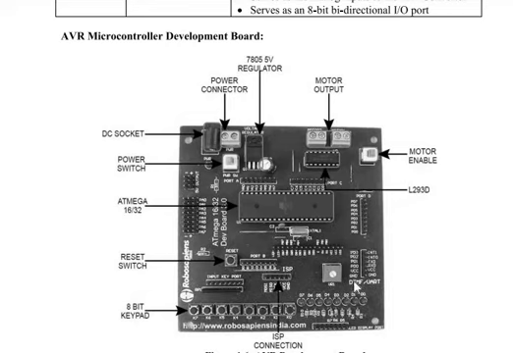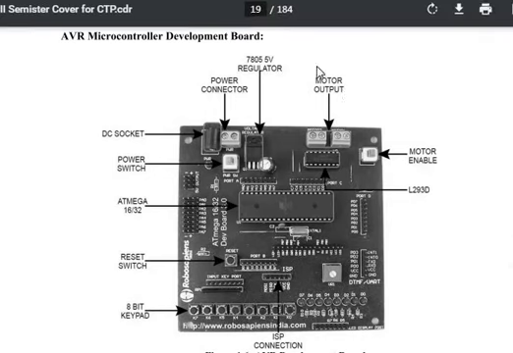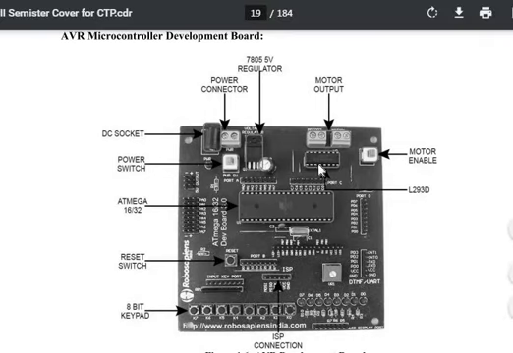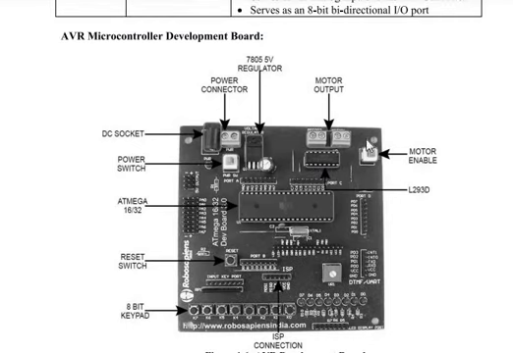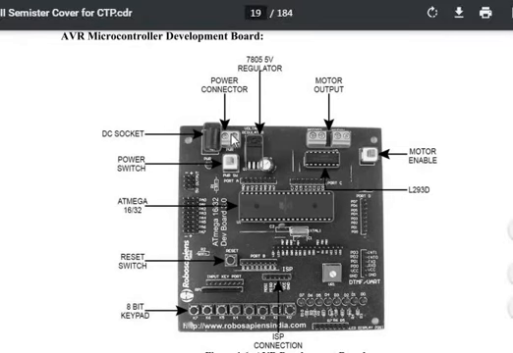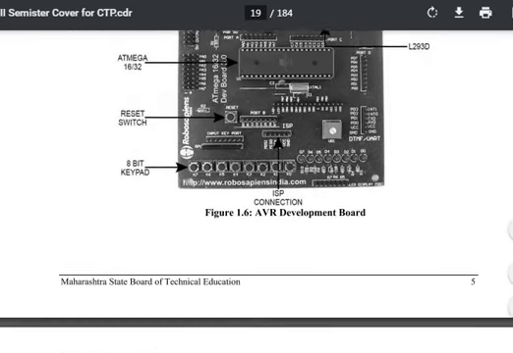Next, UART and DTMF, that is dual tone multiple frequency, are inbuilt and can be connected. For motor connection, driver circuitry is required, and an L293D IC is inbuilt. To enable or disable the motor, a motor enable switch is available. The power switch is available on the microcontroller board. The power connection is done by the switch. A 7805 plus 5 volt regulator is inbuilt. This is about the AVR microcontroller.